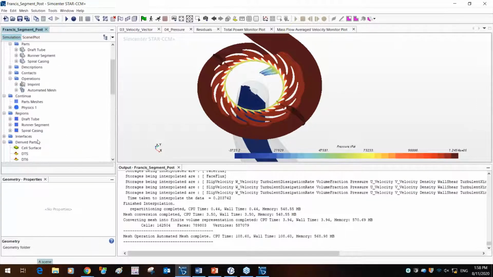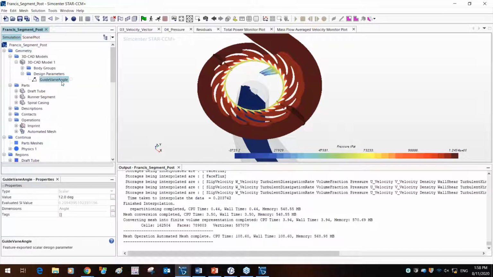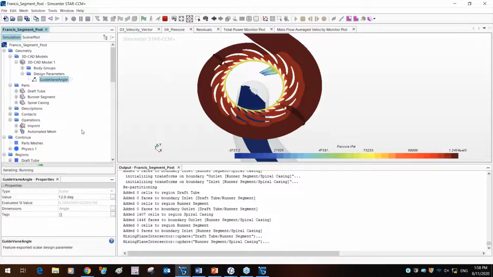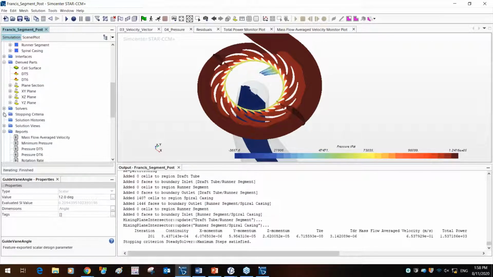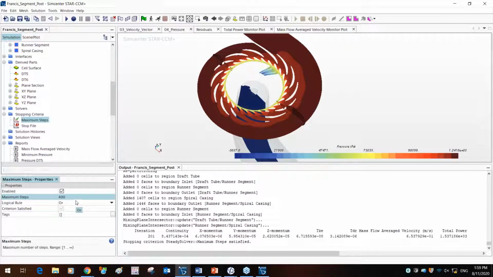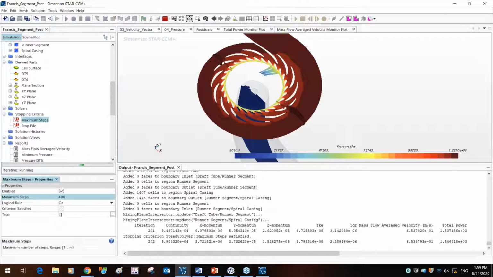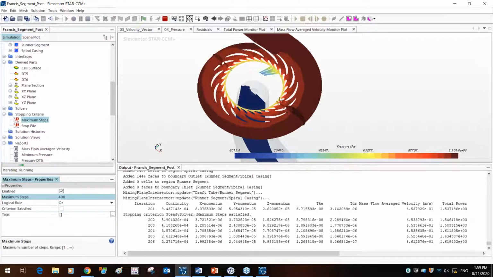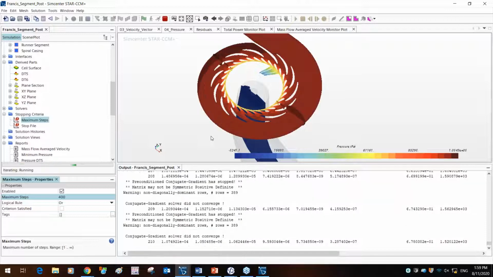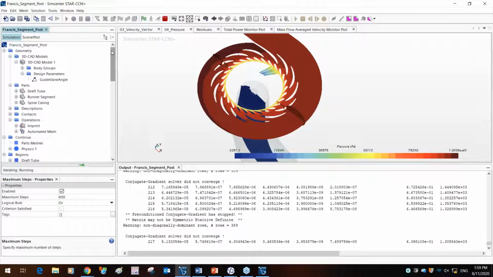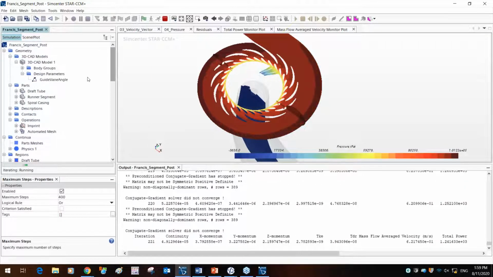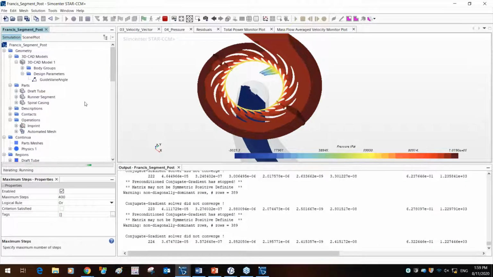But we also leveraged the CAD connectivity where we changed the CAD angle and updated the simulation, and for this given simulation, we're just going to run, and it's at the stopping criteria. I'm just going to expand the stopping criteria to, let's say, 400 iterations. And so it's going to leverage the same workflow and reuse the same simulation and not waste time rerunning the simulation from scratch. So the geometry has been updated, but we also talked about the design manager to leverage these same parameters for design optimization.